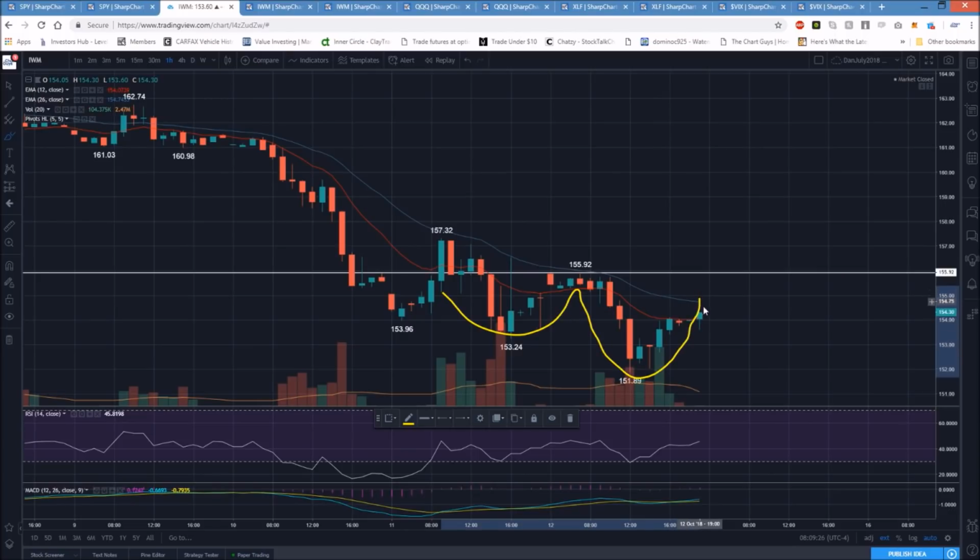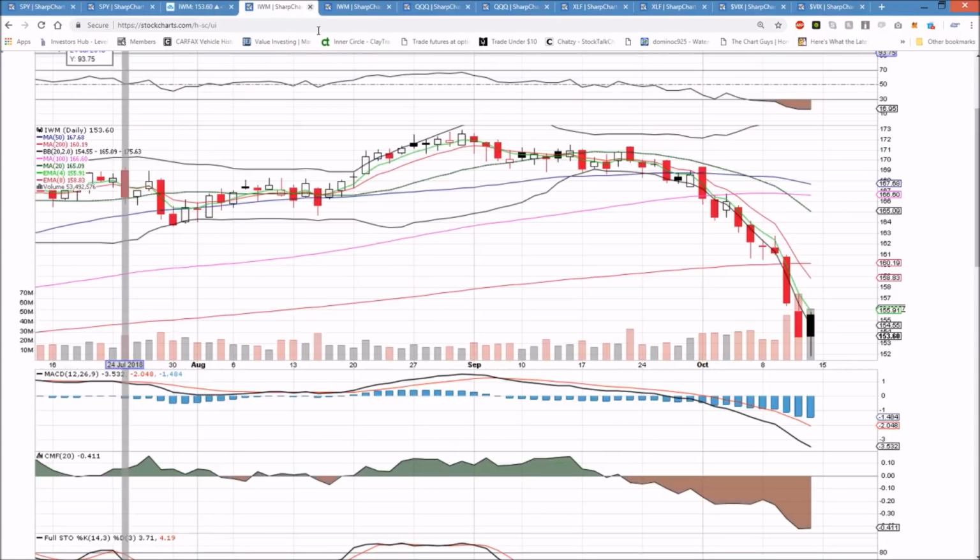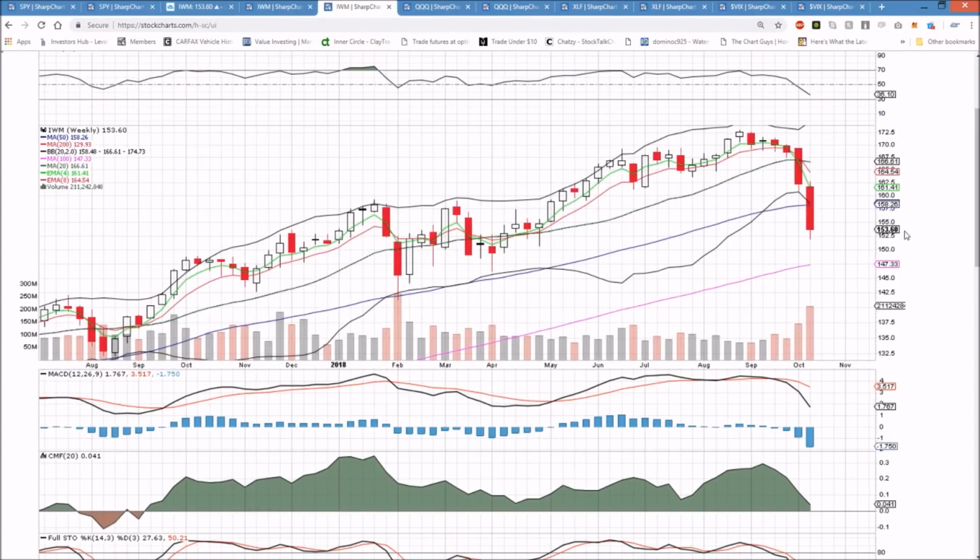If we're unable to break that resistance and we pull back and form a right shoulder, then we'll be watching for the potential of this inverse head and shoulders reversal pattern. So IWM, still no sign of a bounce. The weekly chart closed very weak on high bear volume, and a ways to go to try and change that